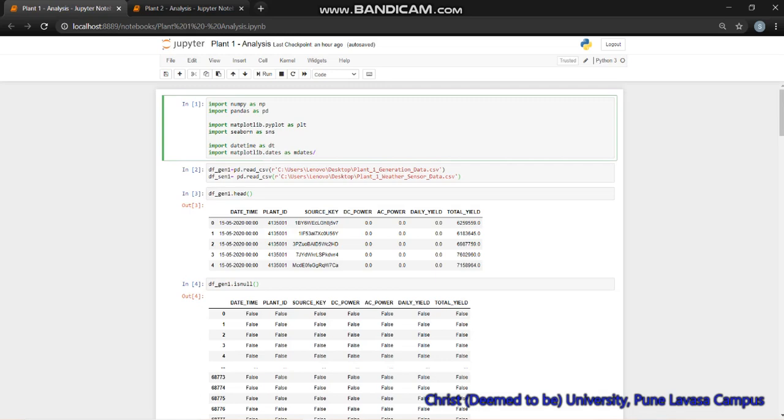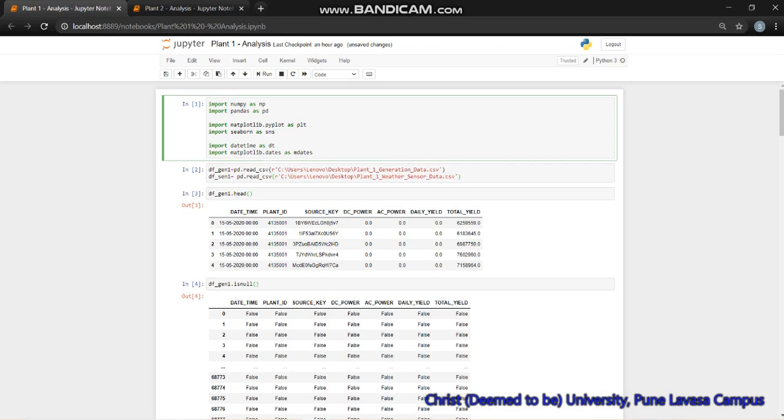So for this process, we'll import a set of libraries, which are standard Python libraries, into the dataset. So let's do that. So firstly, we'll import NumPy, which is numerical Python, which helps analyze the numerical values that we have in the dataset. The second that we import is Pandas.